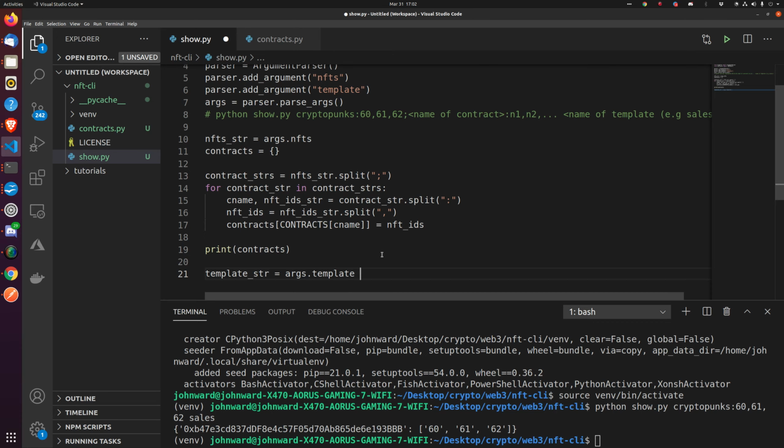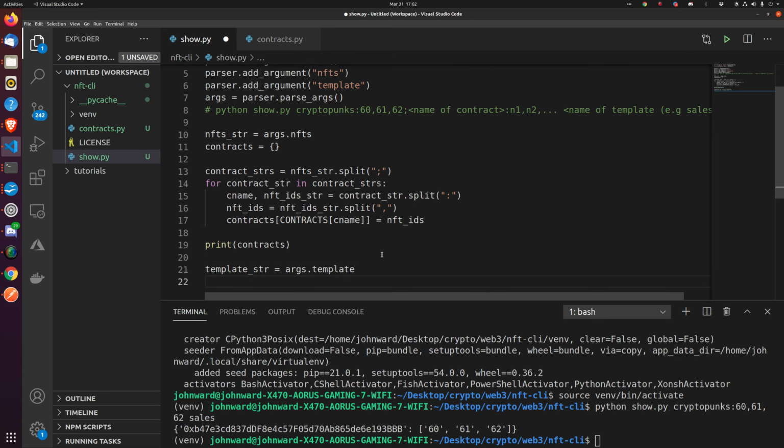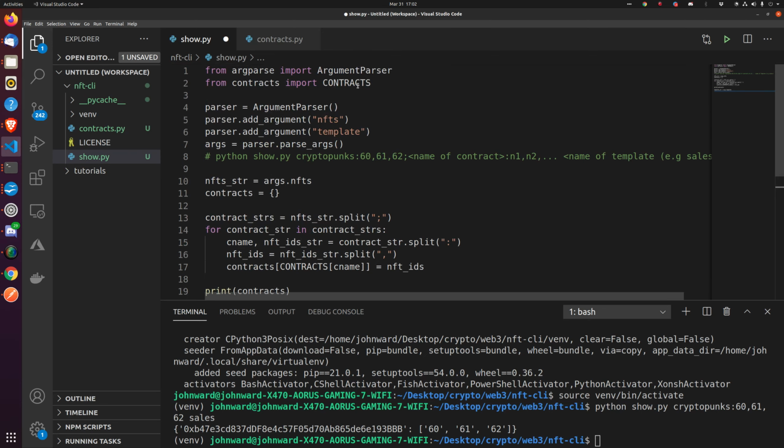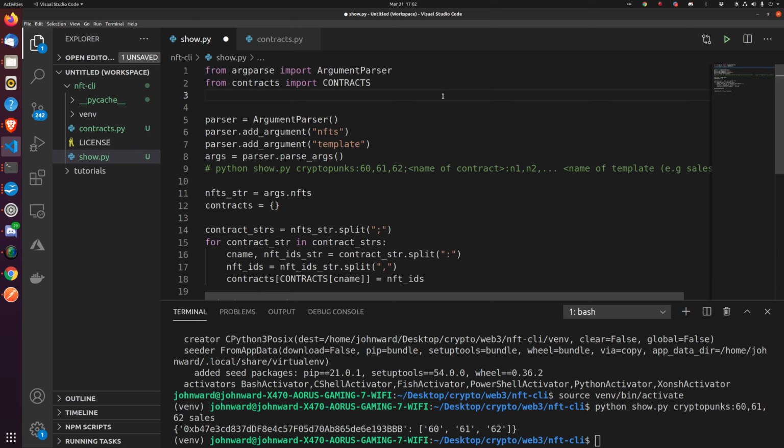Okay. Then we say we want to get the... okay, so we want to install this library called Jinja. So we're going to say import jinja2, and